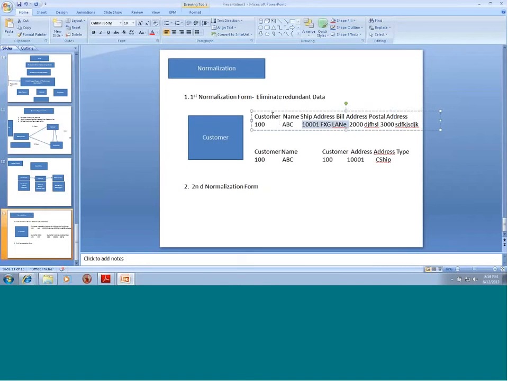Shipping address is not only used by customer. The same shipping address can be used by a sales order. When a sales order data is loaded, I want to make sure that a sales order is shipped to a specific address. It is billed to a specific address. So I'm repeatedly using the information address. It is associated with a customer. It is also associated with a sales order entity. So I'm looking at what are all the common things that are being shared by different entities, and I'm putting it